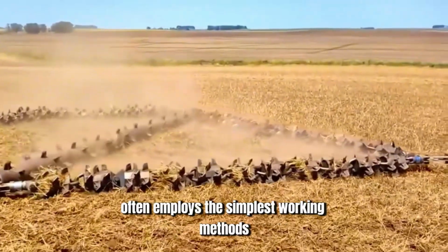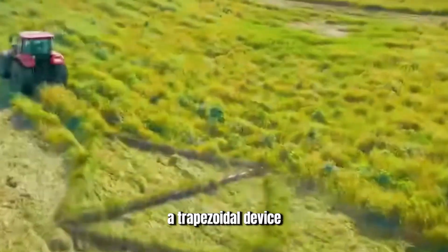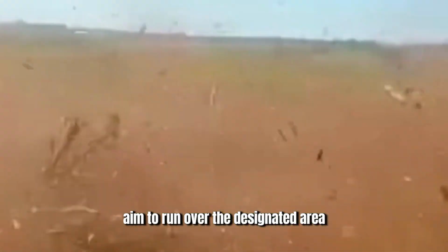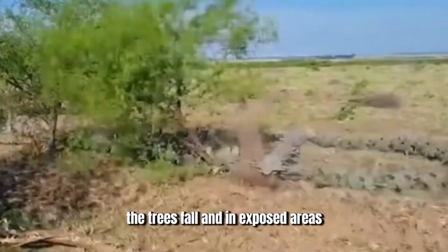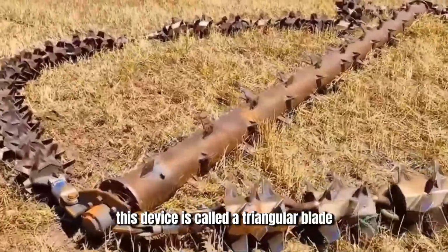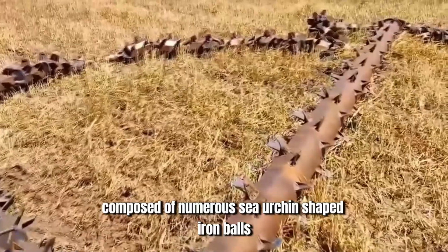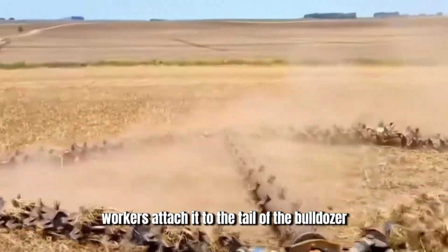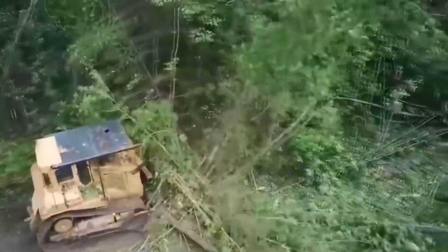High-end land clearing often employs the simplest working methods. A trapezoidal device is attached to the back of a bulldozer, aimed to run over the designated area. In places with trees, the trees fall, and in exposed areas, the soil loosens. This device is called a triangular blade, composed of numerous sea urchin-shaped iron balls linked together. Workers attach it to the tail of the bulldozer, and once the direction is controlled, the rest is left to